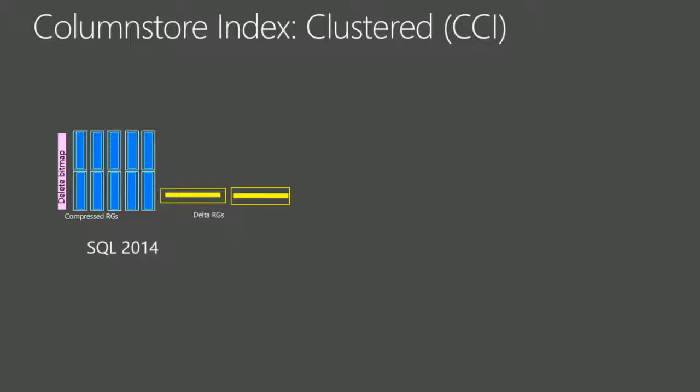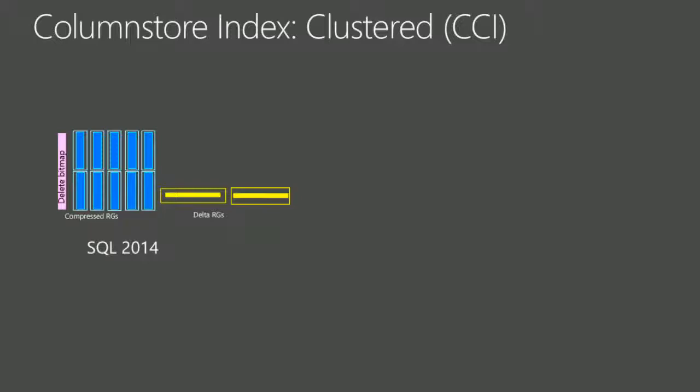Some customer called us and their query was running extremely slow. We looked at their database and they had like 5,000 or 6,000 delta row groups. What was happening was that they were doing so much concurrent inserts, and lots of updates and deletes. That was taking the lock in 2014 at the row group level. If I'm updating a row, I have an exclusive lock at the row group level. That was the biggest problem we had with concurrency in 2014. So now if I want to insert a row, and you have an exclusive lock on the delta row group,